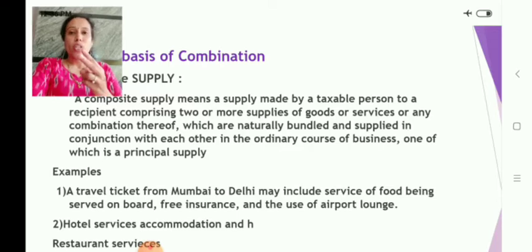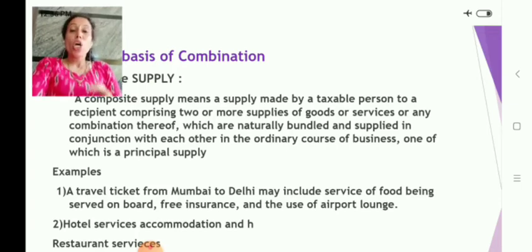These two are attached. One is the thing, goods. TV is the goods and installation is the service charges you are paying, right? So totally you are paying 20,500. So here 20,500 you are paying for TV as well as installation charges comes to the category of composite supply, because here these two things are not separated. It cannot be sold separately because the shopkeeper cannot charge installation without supplying TV. It goes along with TV.